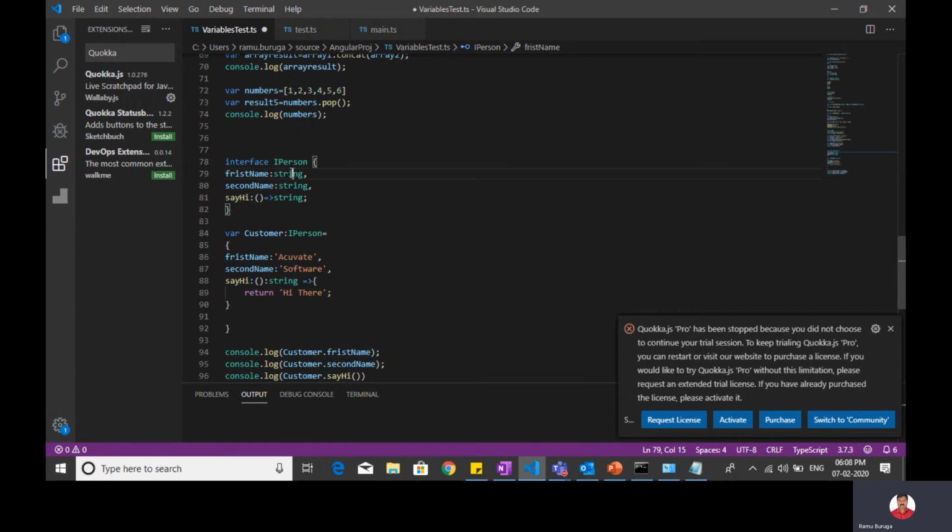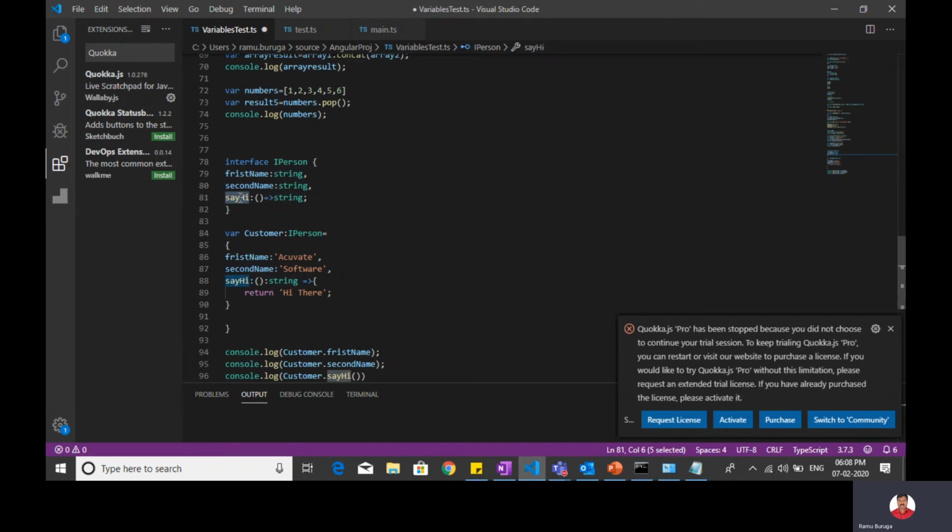So variable name and type string, and the second one I also declare a variable name and type string, and I created one method, sayHi. SayHi is a method of type function. This is a variable of type string.